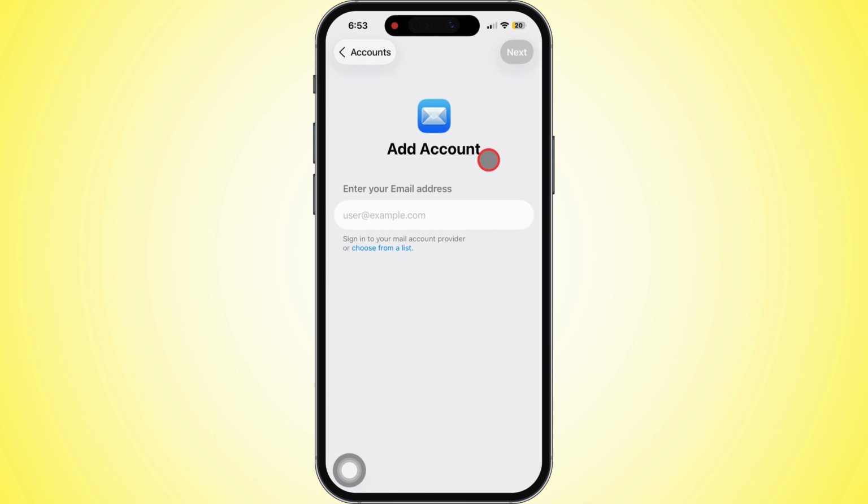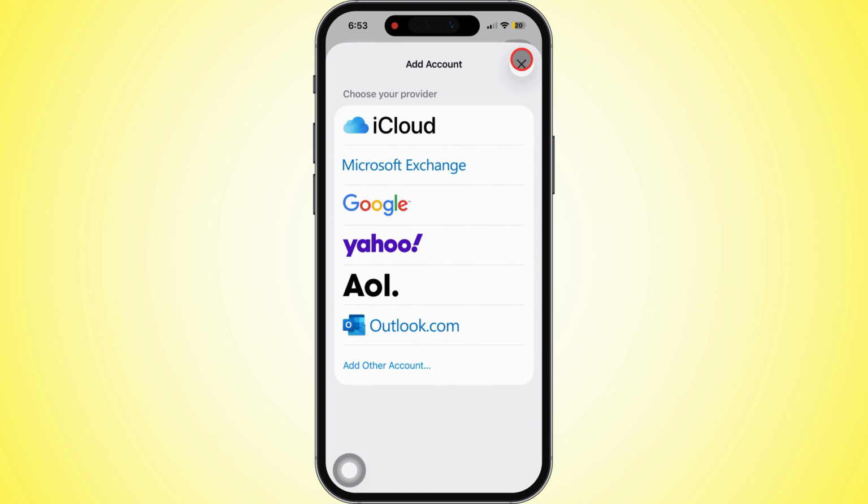If stuff ain't working or you're getting some kind of service sign-in error, check out the separate tutorial I linked